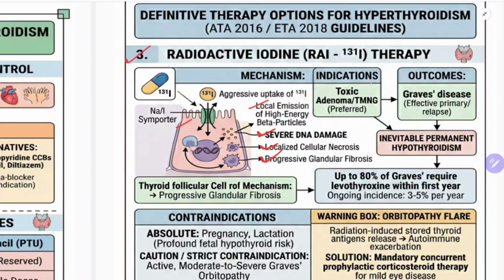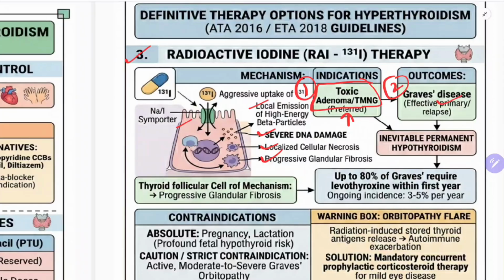The indication is mainly toxic adenoma or toxic multinodular goiter, where it is preferred. So radioactive iodine is mainly used in toxic multinodular goiter or toxic adenoma. And the second indication is the outcome of Graves' disease. I said 50% of the patients will remit and 50% of the patients will relapse. So either you can use